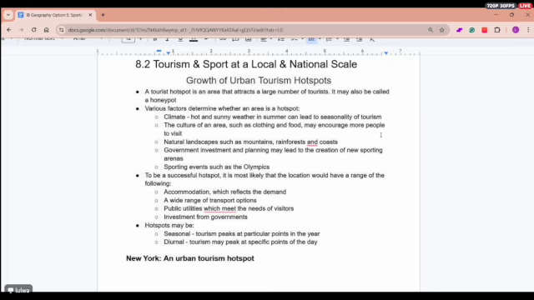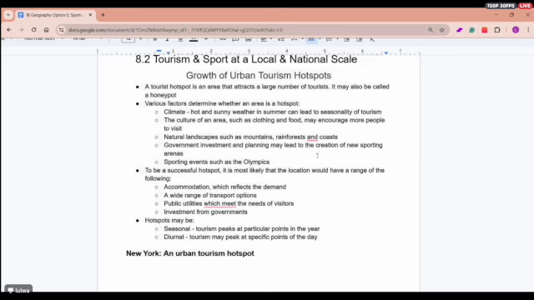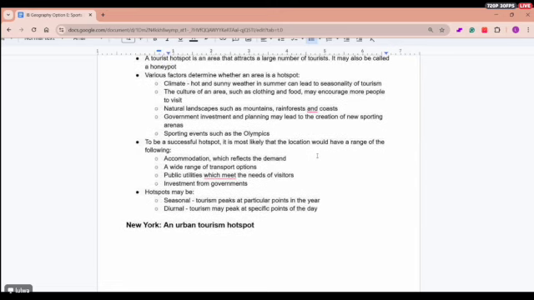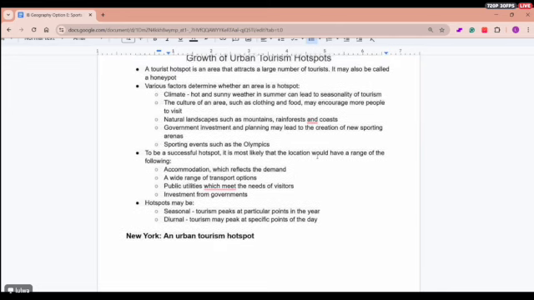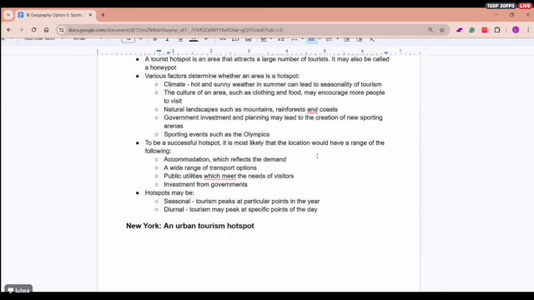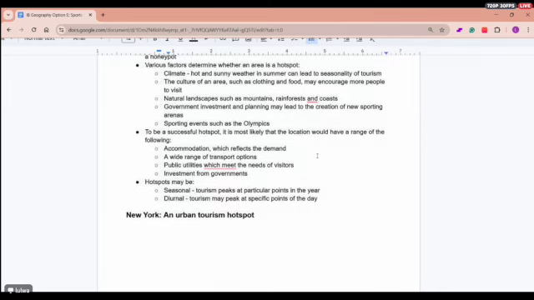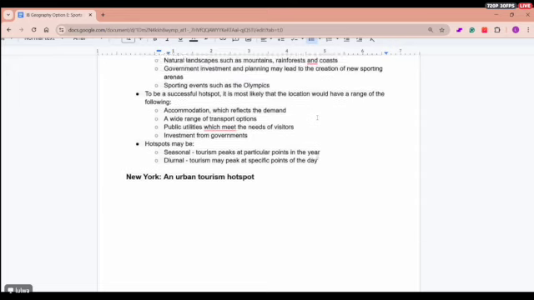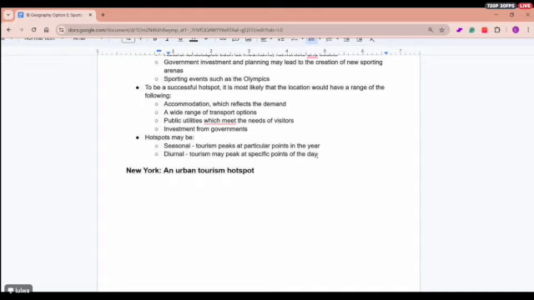And there's also the culture of an area, such as the clothing and the food. It may encourage more people to visit. You have natural landscapes, you have government investment, and you have large sporting events such as the Olympics. To be a successful hotspot, though, it's most likely that the location will have a range of accommodation, transport options, public utilities, and investment from governments. Hotspots may be seasonal. That means